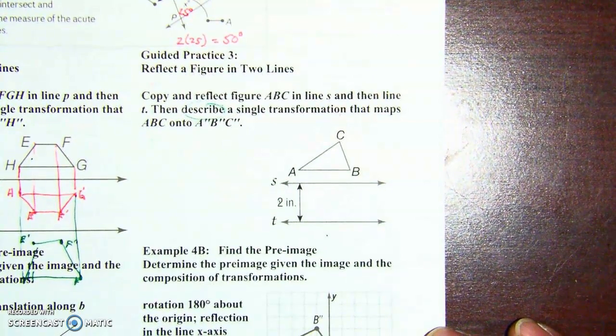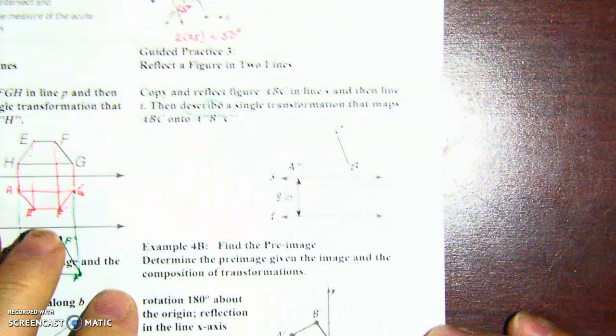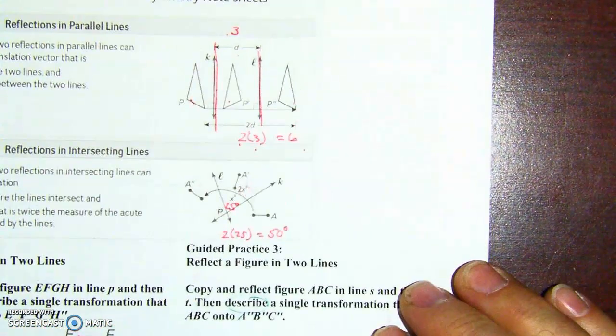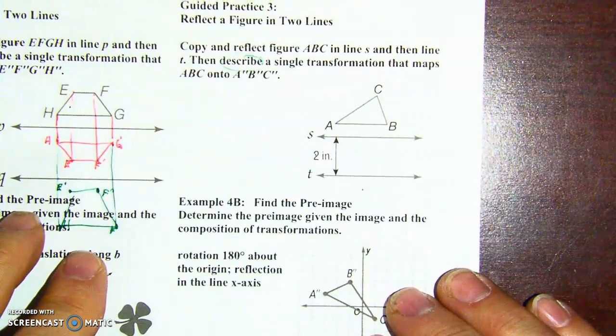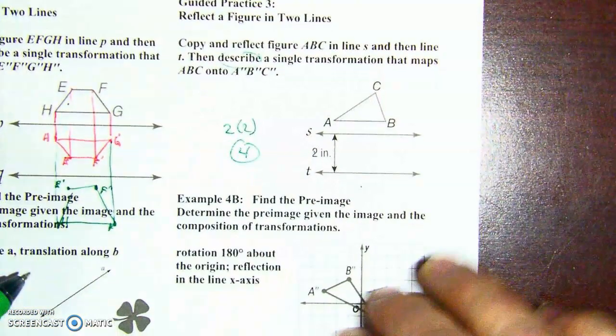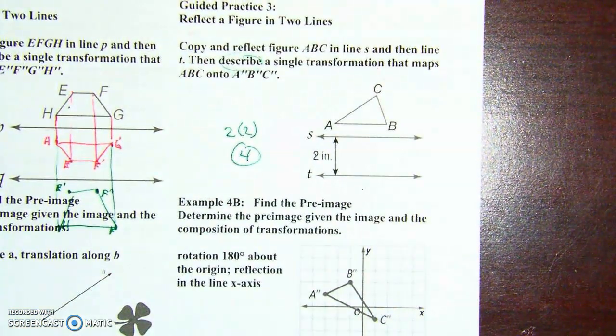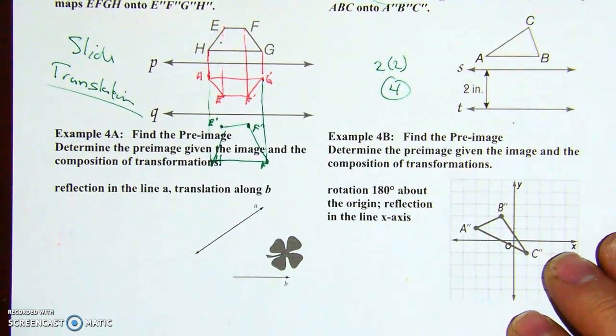That means all we have to do is, as we did up here, just find what 2D is. So we just take 2 times it by 2, and we get an answer of 4. Okay? Now, interesting about this one, this is a little bit interesting because what we have here is